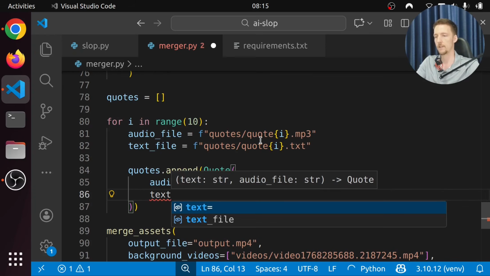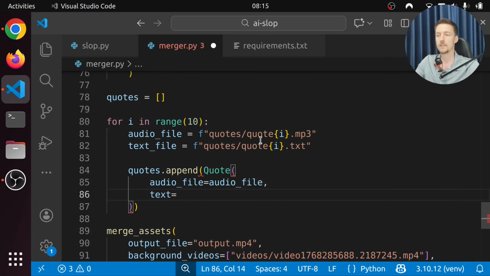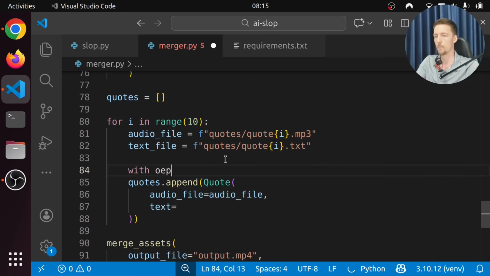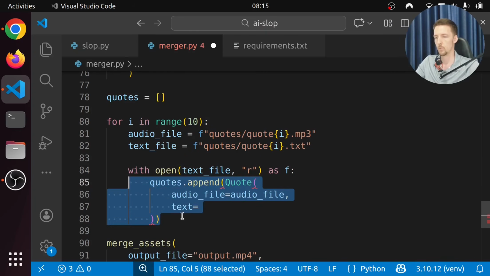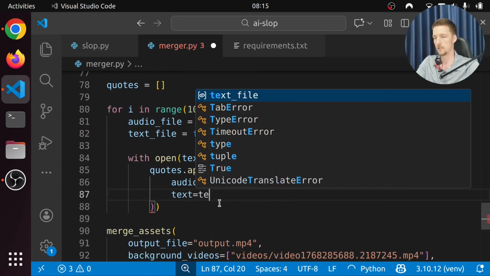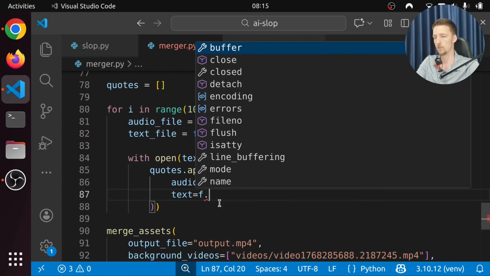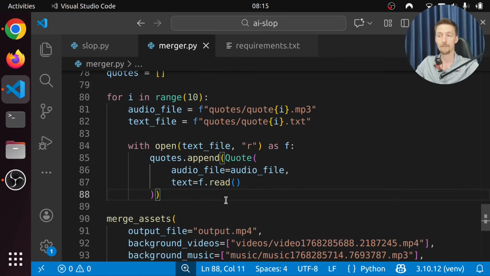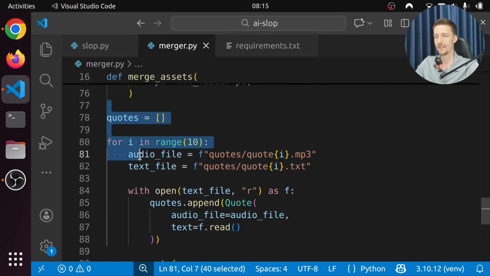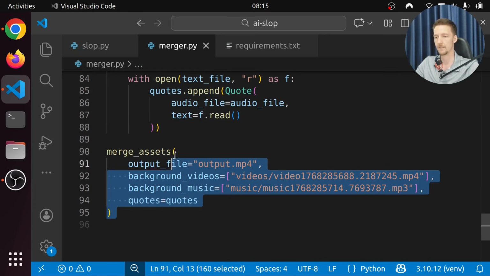This is not text file, this is just text. So we need to read the text. So let's do here with open text file in read mode as f. We're going to say this is f dot read, like that. So now we should have gathered all the quotes here, and then we just run it.